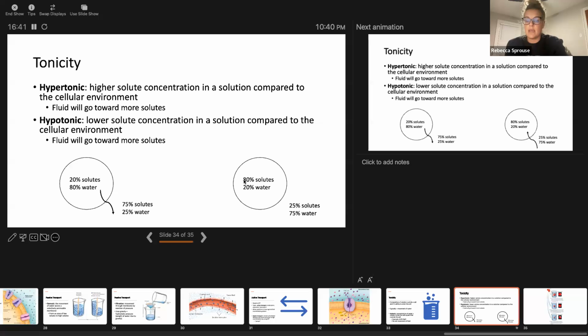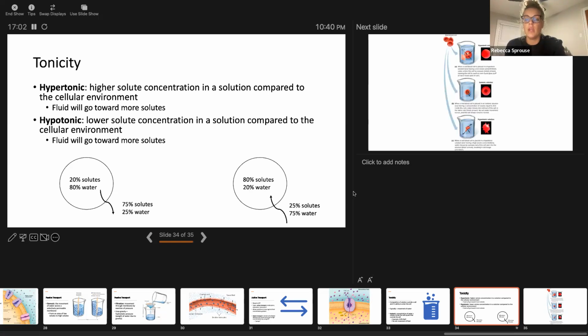So this cell has 80% solutes and 20% water, and that environment has 25% solutes and 75% water. So what's going to happen here? Water follows solutes. So wherever the more solutes are, that's where water is going to go. So which way is water going to travel? Hopefully you said inside the cell. So water is going to go from this area of 25 solutes into that 80 solutes. Remember, the more solutes you have, the more water you need to be able to dissociate those solutes into their